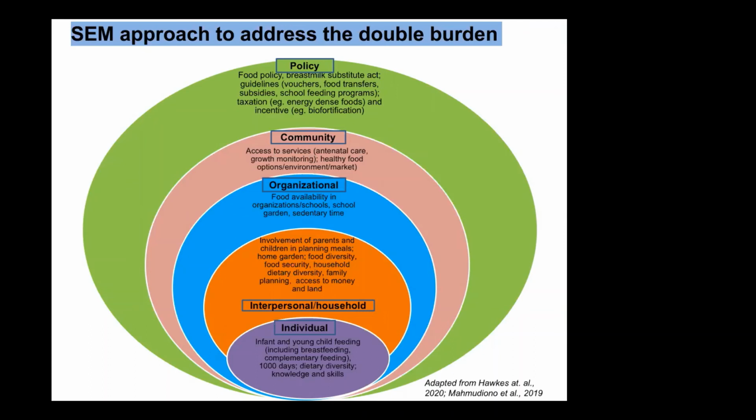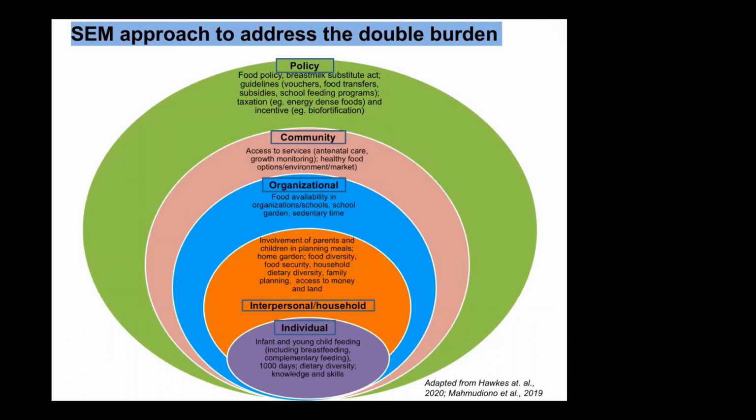Because in many settings, for example, schools, we see that in developing countries a lot of school premises have a market, like shops, where people can easily access processed food. So it is necessary to involve the parents and children in planning the school meals. And at the household level, you can see the home garden, because the home garden is the entry point to produce a diverse diet in developing countries. And once you produce it, you can easily access this diverse diet, the food diversity in the production, and also the food security.